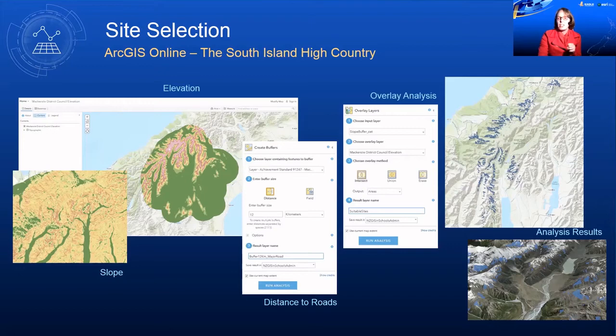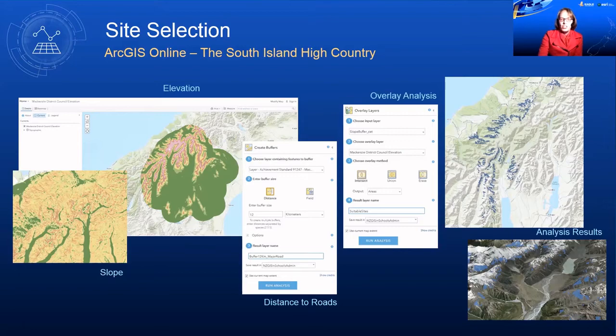This particular piece of analysis is done with vector data in ArcGIS Online. Typically, this type of analysis is done with vector data. And you may be interested to know that raster analysis is available for ArcGIS Enterprise. And hopefully that means that it will soon be available inside of ArcGIS Online as well.